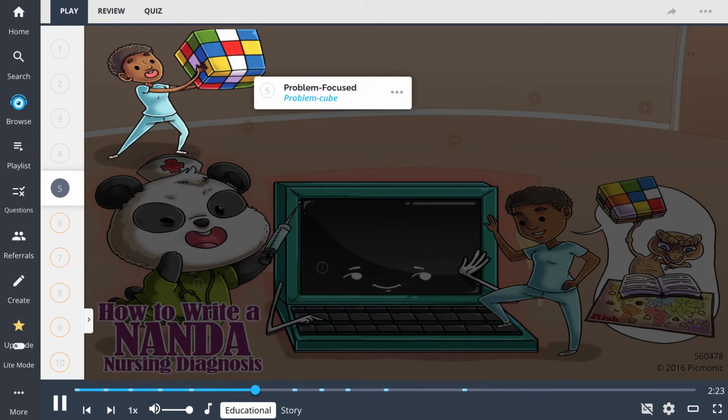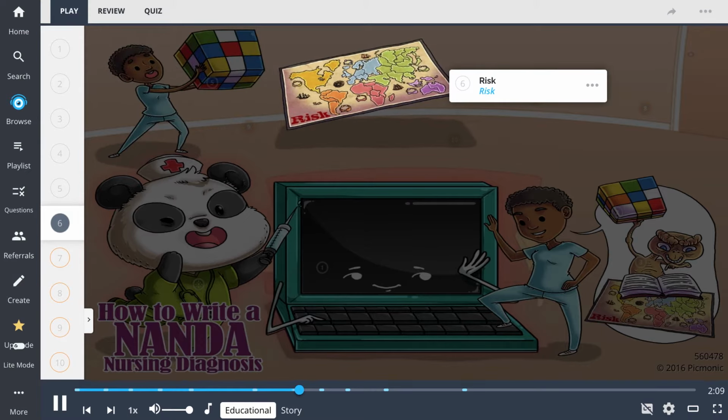There are 4 nursing diagnosis types, and the first is problem-focused, shown here as the nurse holding up and assessing the problem cube. She is trying to determine the patient's problem present at the time of the nursing assessment. The second is risk, depicted as the game of risk, representing interventions needed to decrease the risk related to a